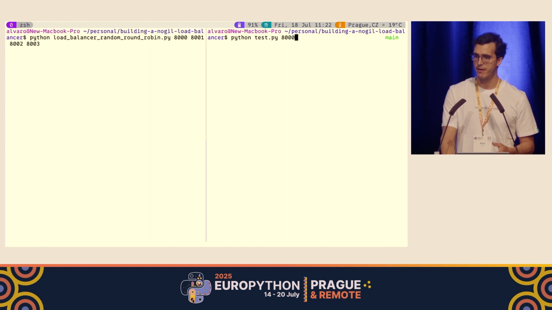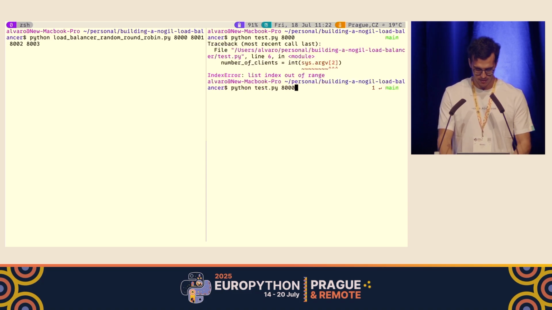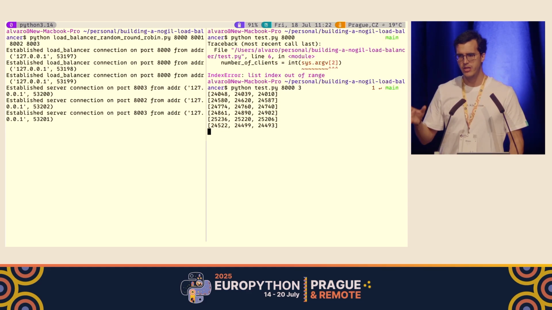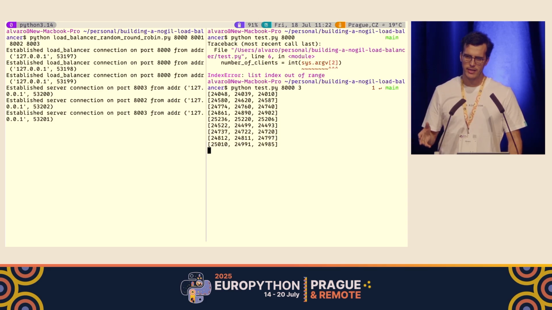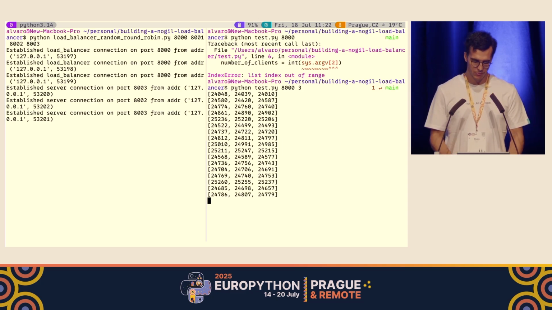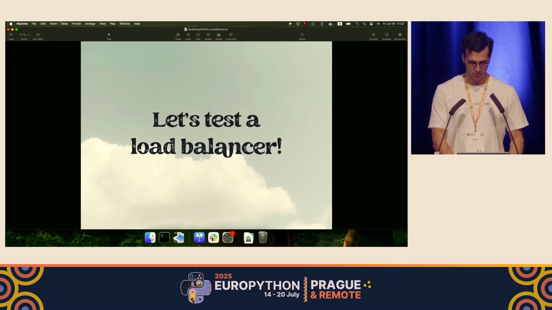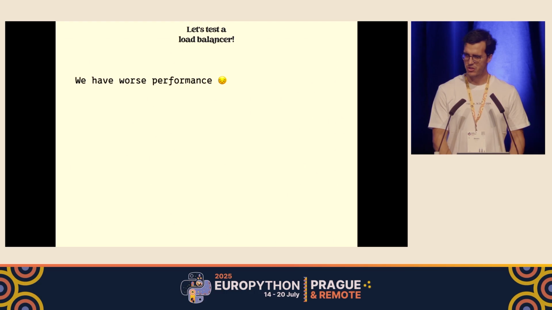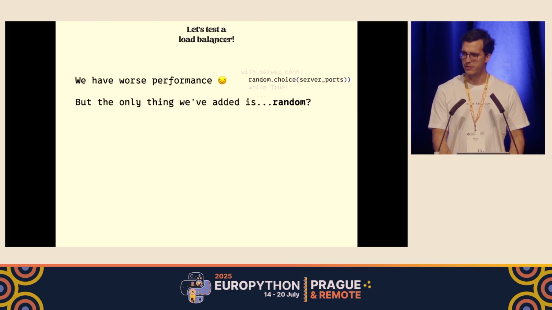We're going to see that everything is great because now I have a load balancer which is going to distribute the balance, and no server is going to be overloaded, right? The result, like I said, has to be 3. But this is not what's happening, okay? Recall that we had one server serving 50K requests per second, and we're not even half of that. So something's happening here. And what I want to call your attention to is that the only thing that I've really changed is this random stuff. It's the only thing that I added that's different.